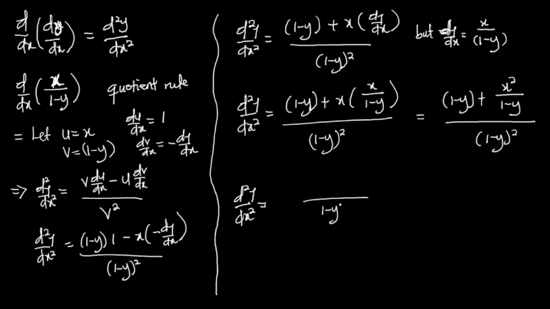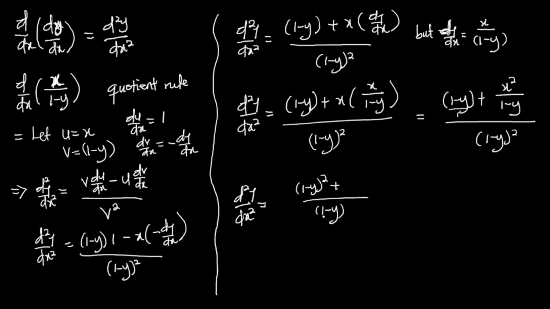1 minus y over here. So we assume this guy has a denominator of 1. So the 1 will go into the LCM, 1 minus y times. So we use that to multiply this guy over here. It gives me 1 minus y squared, then plus the denominator here, 1 minus y will enter 1 minus y